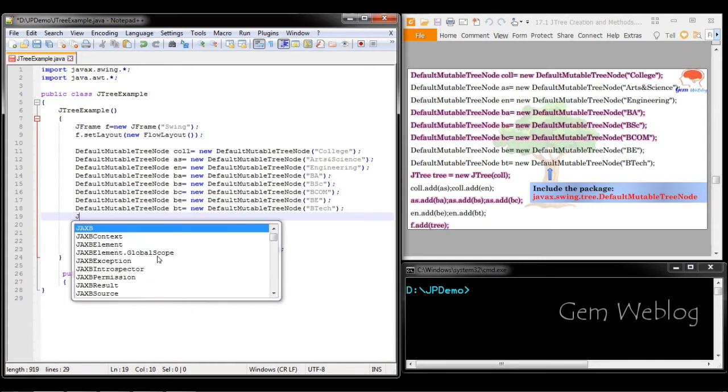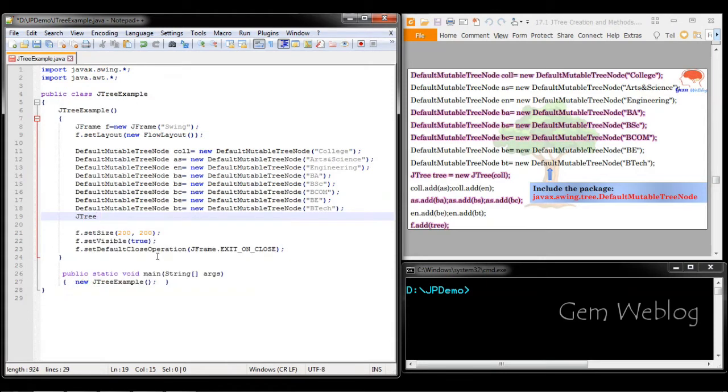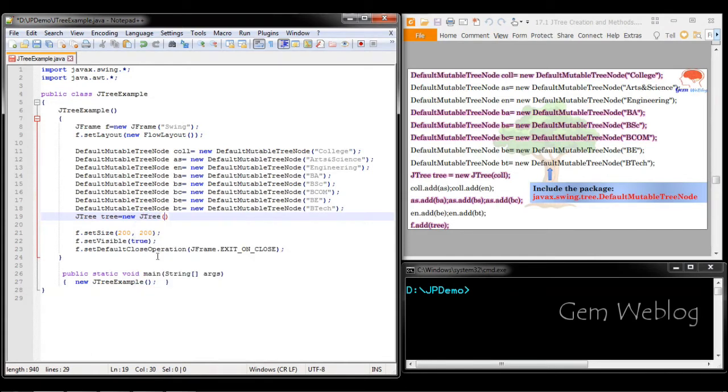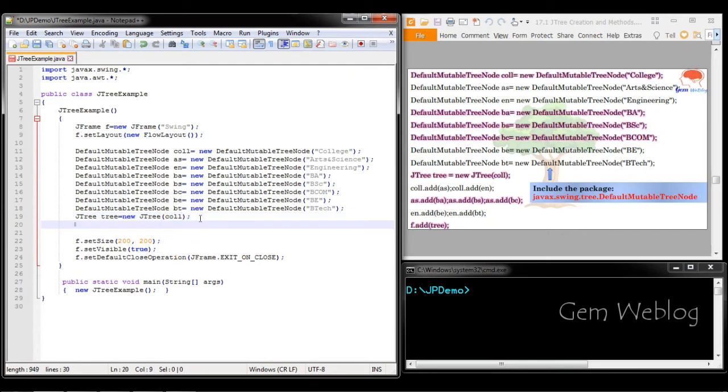First we are going to create the object for JTree: tree equal to new JTree. Here we are going to include the root node. The root node of the JTree is college, COLL. So we are passing this object as an argument here. Once I have created the tree, first I will add the tree into the frame.